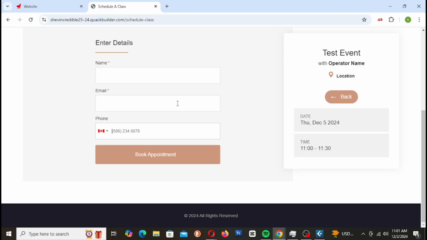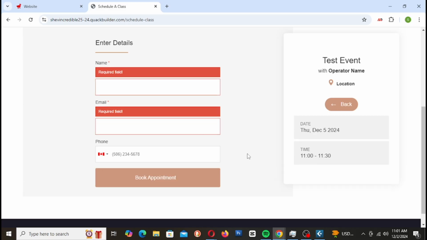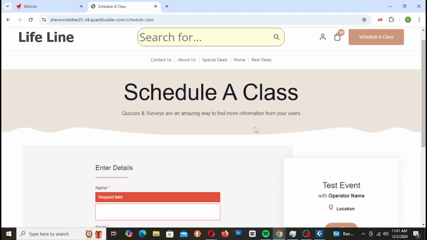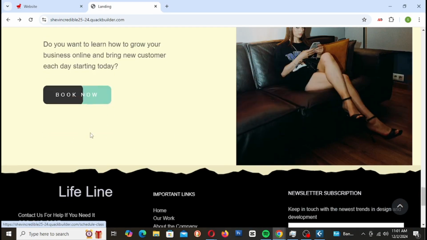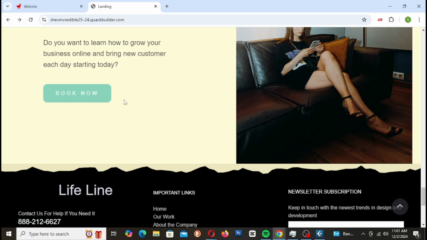Excuse me, hopefully. All right, so it will have the area code in there, so all they have to do is just put their number there and click book appointment, and you guys are all set. You will get a notification, and the customer will get a notification, so you both know that you have an appointment at that time and that date. Okay, so the date and the time. Okay, all right, so if I go back, now that we adjusted this button,